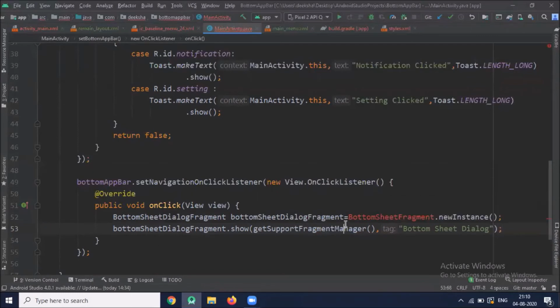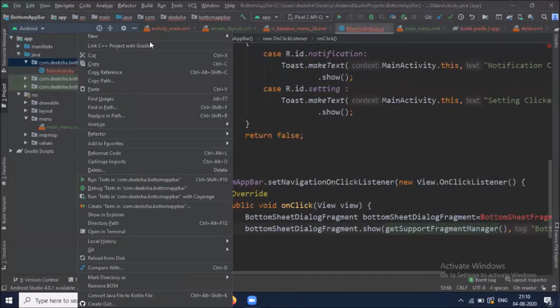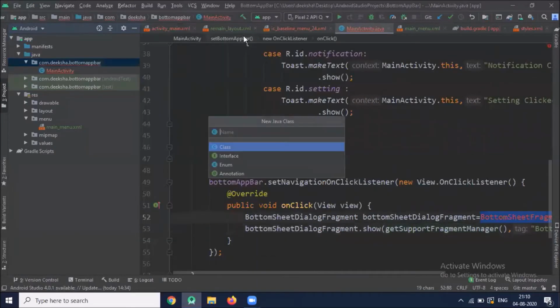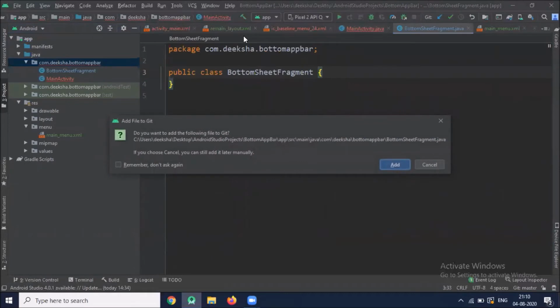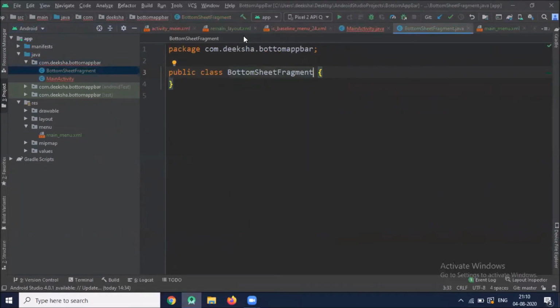Now we will create bottom sheet fragment. So here click on new Java class. And this class extends bottom sheet dialog fragment.